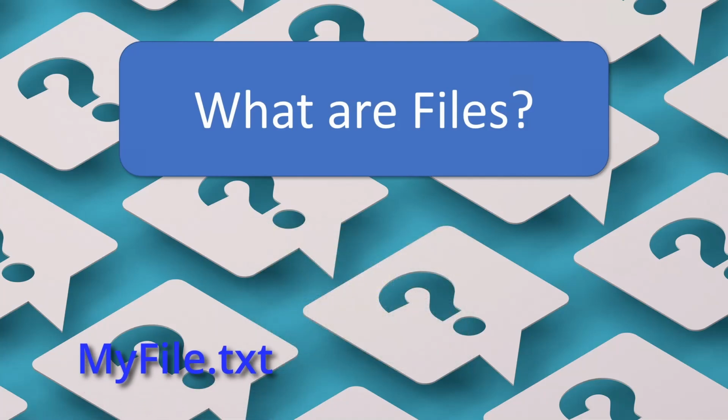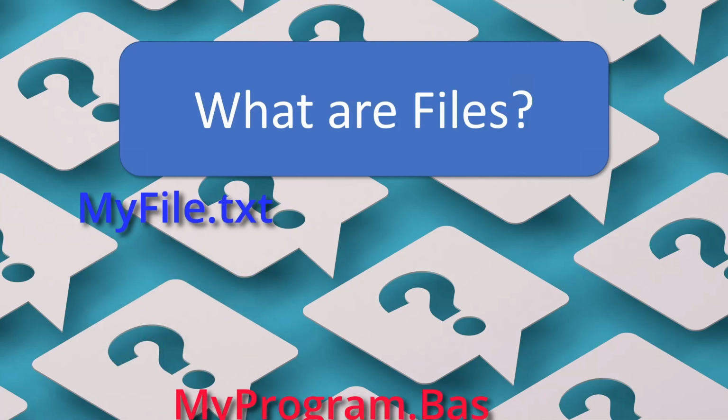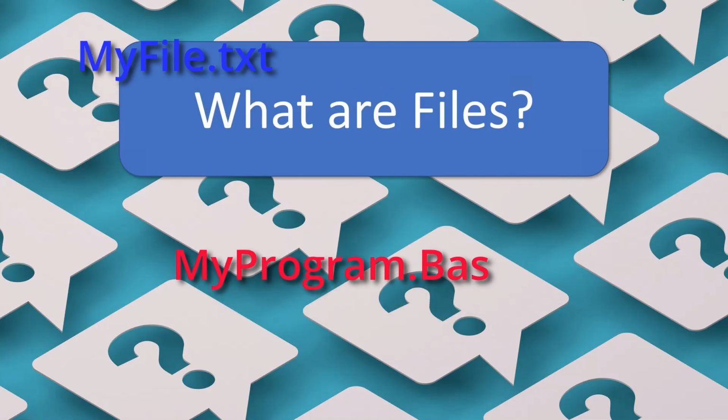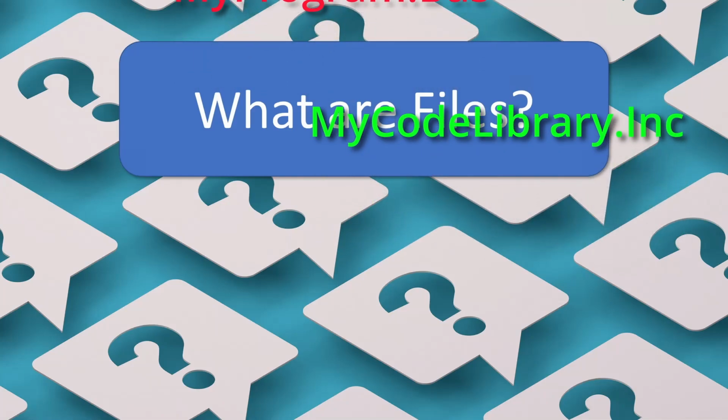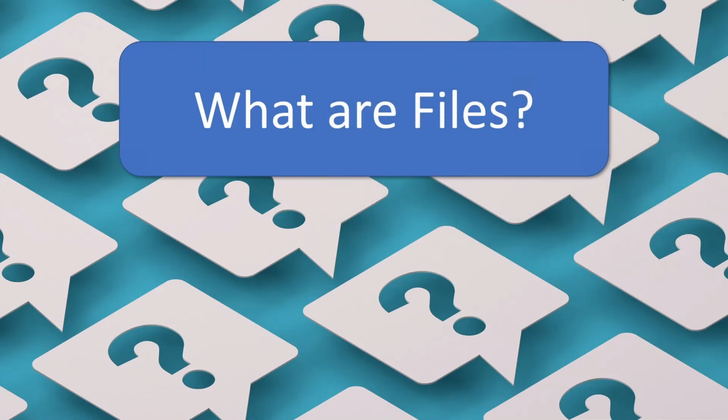Files, like variables, have names, and the file name also has a part of the name after a dot. This is known as the file extension, and it is a good indicator as to the format of the data held within the file. For example, PowerBasic code files have the extension .bas or .inc, indicating that these are BASIC files. However, as there are many different versions of BASIC, it does not necessarily mean that any BASIC file can be opened and processed by any BASIC interpreter or compiler.